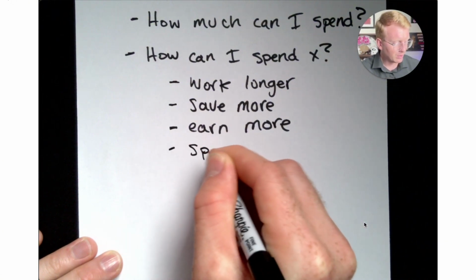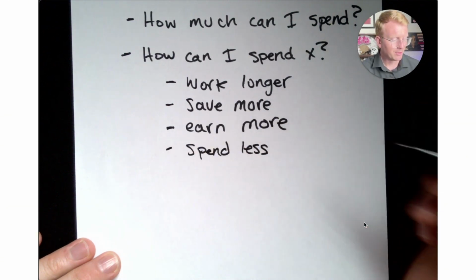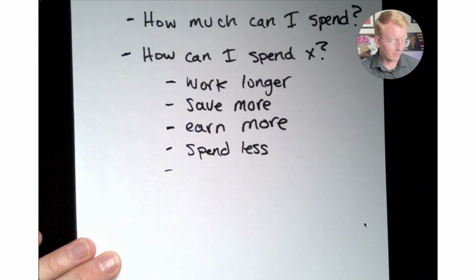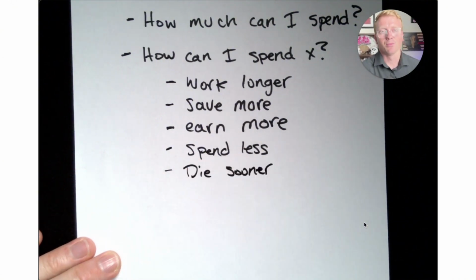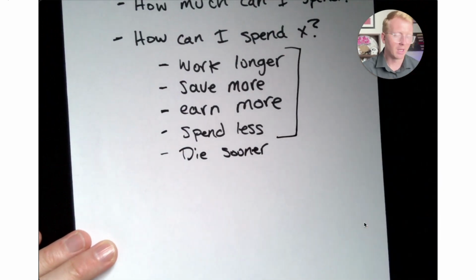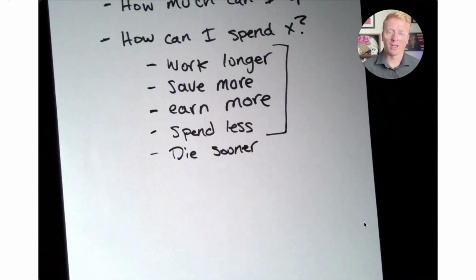Another option, this one can be a hard adjustment. You can just spend less. So these are the four levers. And if you have a comedian for a financial planner, they may even present this option. Okay, that's mostly a joke. These four things are really levers inside of your control to help you close the gap of how much can I spend. All right, so once you have an income plan and we know what we're optimizing for,